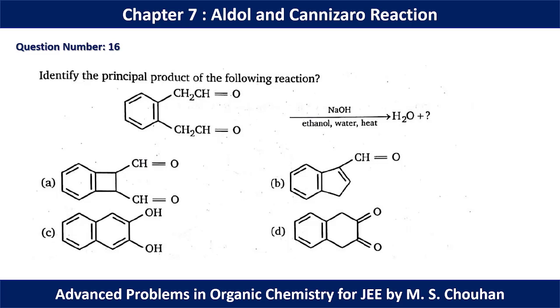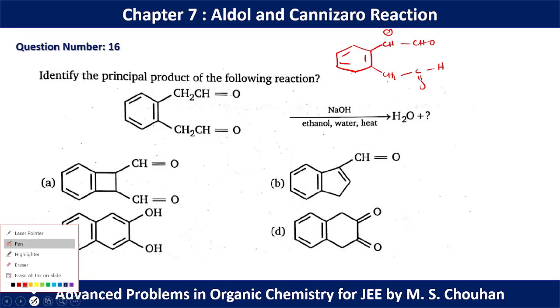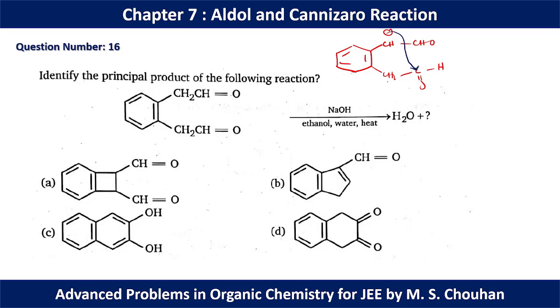In question number 16, we have again intramolecular aldol reaction where we can have negative charge in these two positions. They are identical positions, so we can abstract hydrogen from any of them. So CH minus CHO and CH2 C double bond H, this is the initial condition, and this negative charge can approach this carbon, hence we can have 1 2 3 4 5, a 5 member ring. So if we see the options, only one 5 member ring is present, so option B should be the correct option.